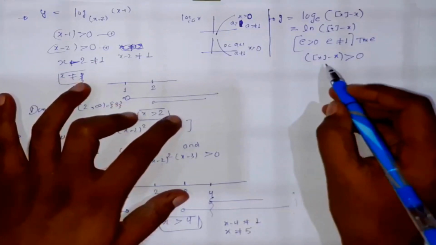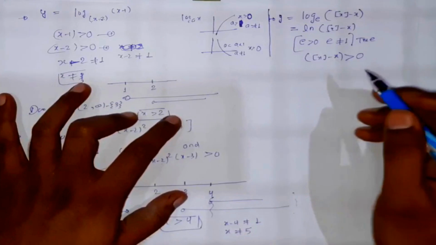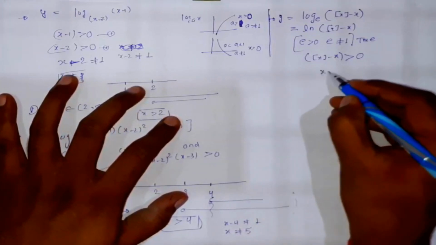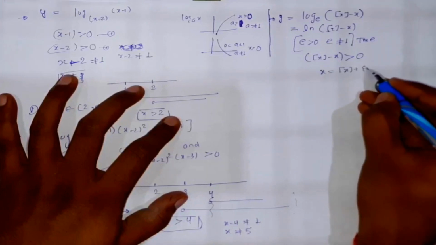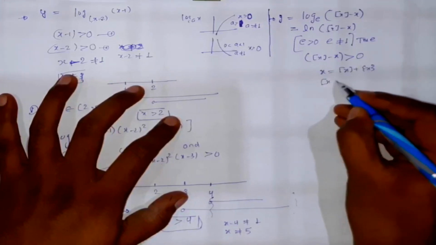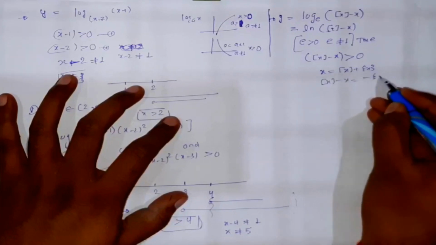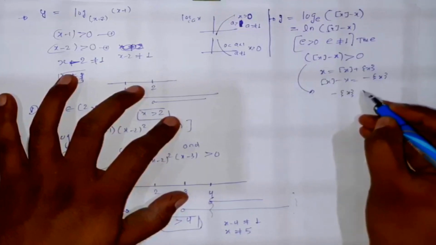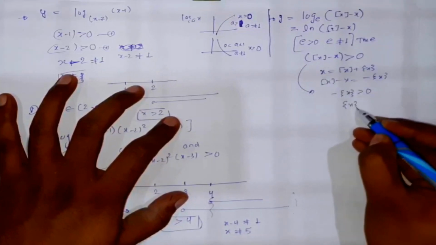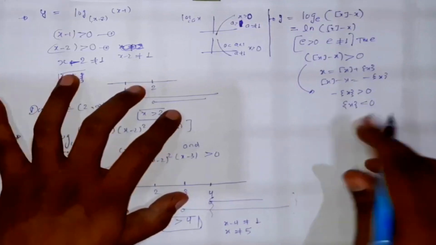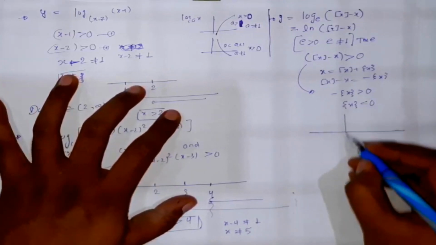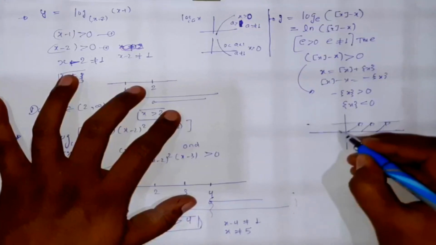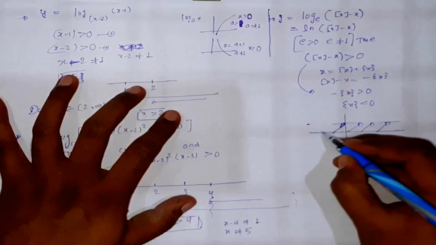Okay, so we need to calculate the values of x as far as this function is concerned. I know x is equal to integral part of x plus fractional part of x. So integral part of x minus x will be minus of fractional part of x. So we can put: minus fractional part of x positive, that means fractional part of x negative. We know the graph of the fractional part of x. It will be like this. This is the y line. I hope you remember this graph.